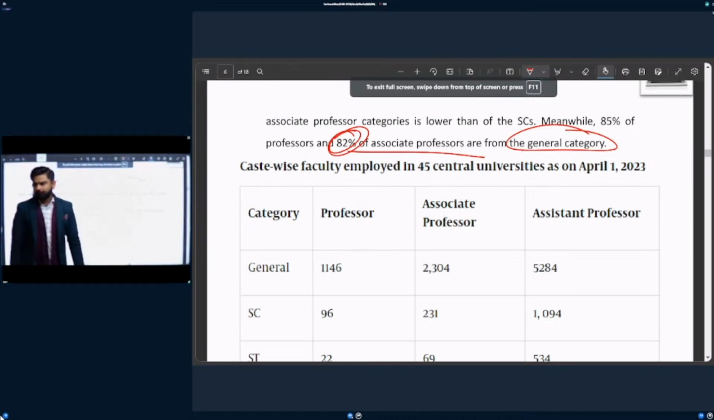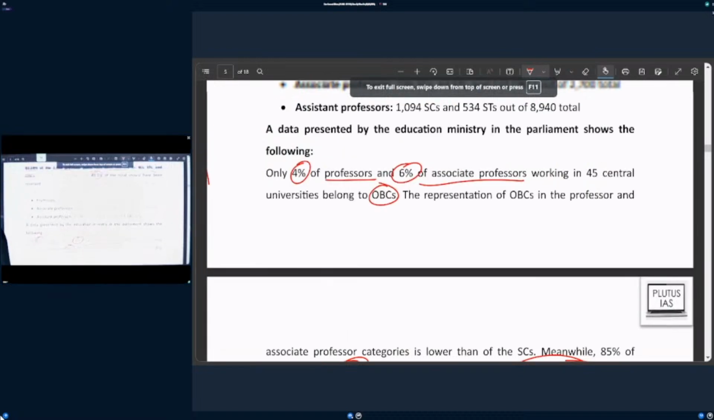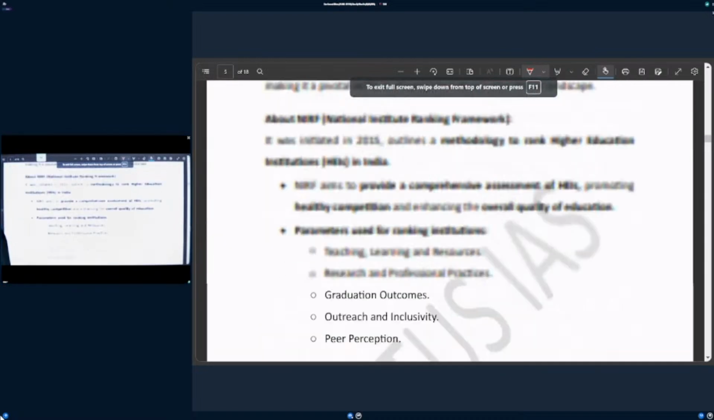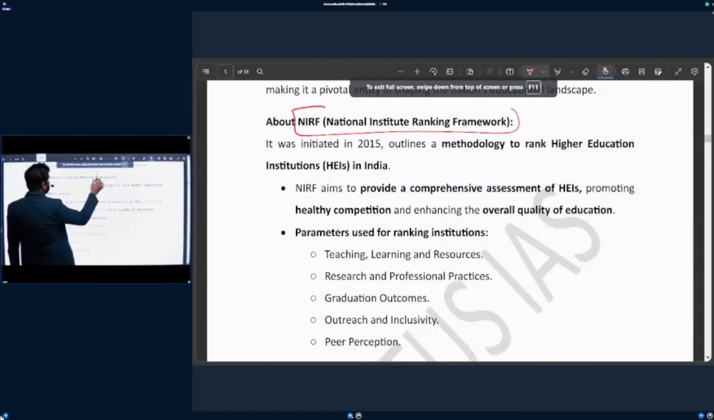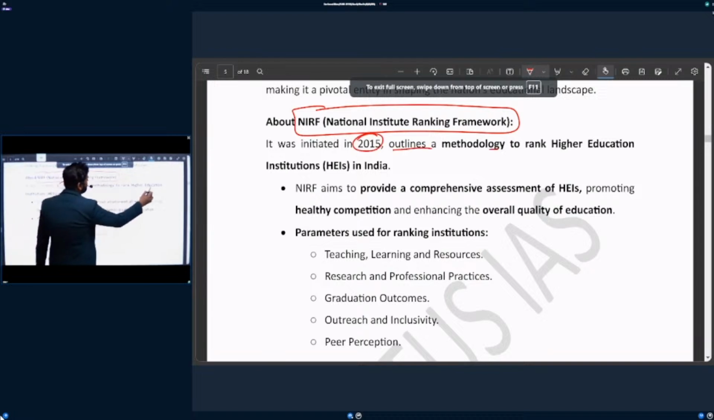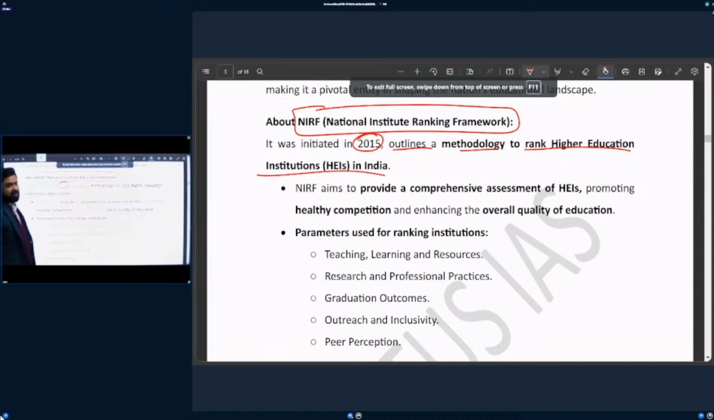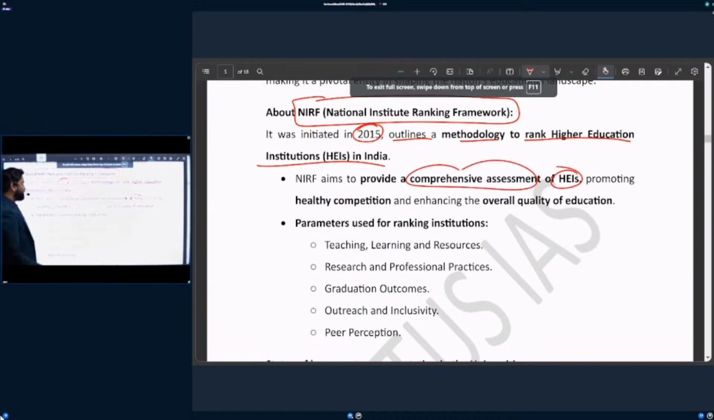Grant giving. For that there are a number of criteria, like if you can qualify for, see, these are some criteria. If you are a national institution, for prelims remember NIRF. It was initiated in 2015. It outlines a methodology to rank higher education institutes in India. It aims to provide comprehensive assessment of HEIs, promoting